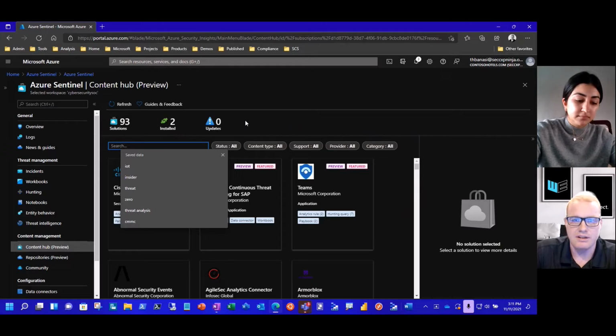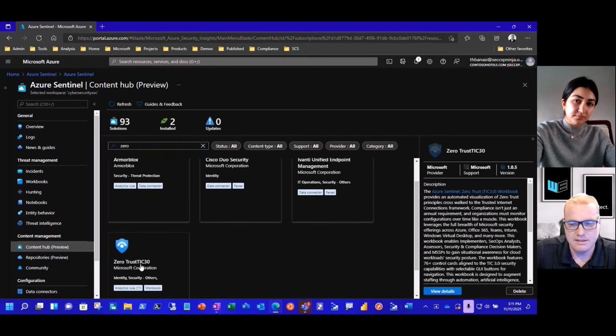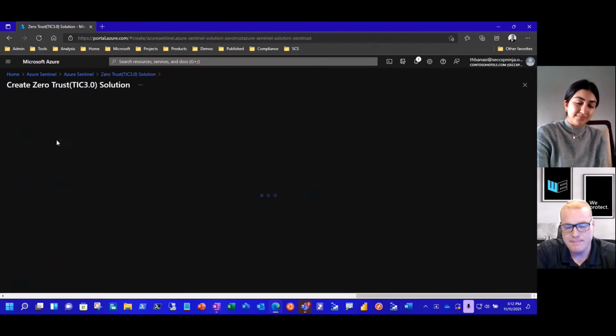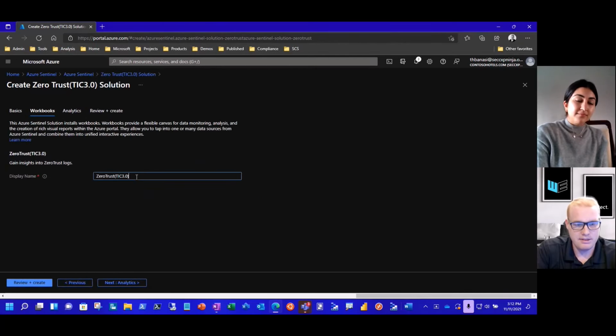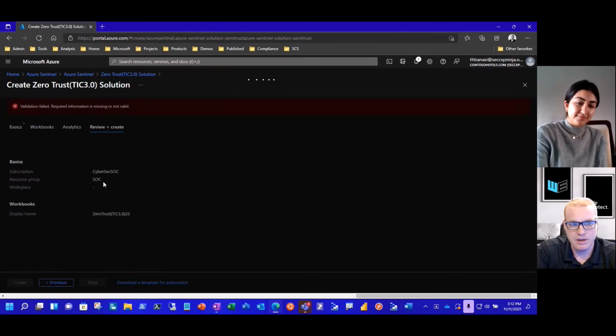So now it's more of a turnkey type solution, where if I search Zero Trust or TIC 3.0, I see a solution. If I go to View Details, it'll pull up the solution, tell me what it is, and then I can go to Create. It's going to bundle all of that content for me in Workbooks. I'm just going to give this a unique name, the analytics rules, and when I go to Review and Create,